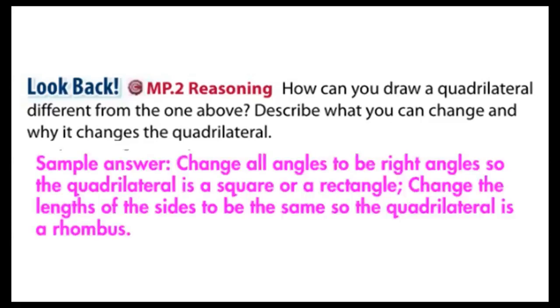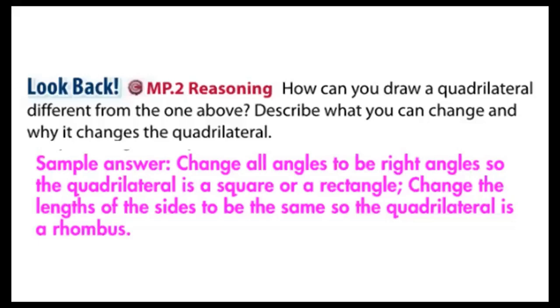So our answer here will be change all angles to be right. If we change the angles to be right, for example for a rhombus, it will be a square. Yes, change all angles to be right angles so the quadrilateral is a square or a rectangle. Change the lengths of the sides to be all the same, so the quadrilateral will be a rhombus. Okay, my dear, copy the answer of look back and move to the next page,